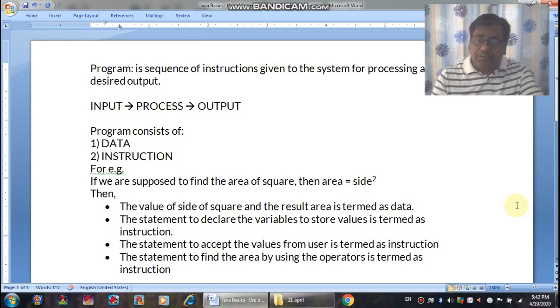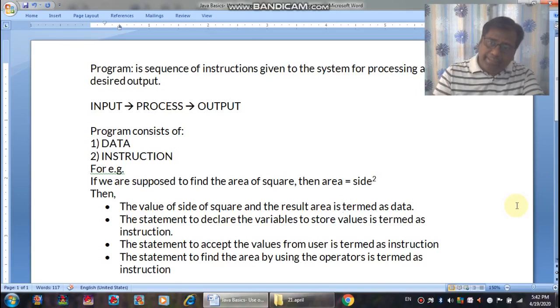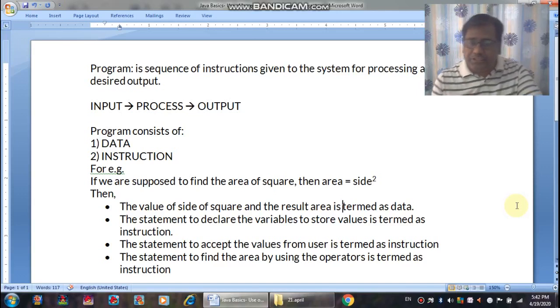That means first, the statement to declare a variable is an instruction. The statement to accept the data from the user is again an instruction. The statement to find the area is again an instruction, and the statement to display the result is again an instruction.